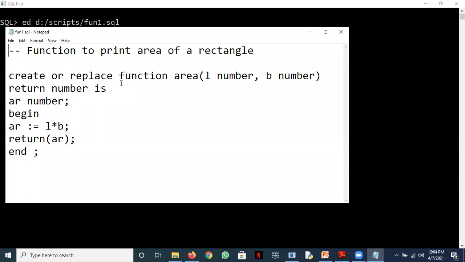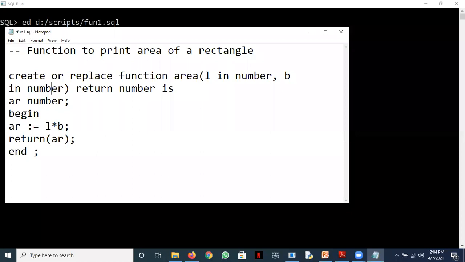So we have a create or replace function. Say the name of the function is area. Two arguments are there. I'll just add something to these. I'll just write here in so that it is clear to you. So whether you write in or not, they are by default of type in. That is the argument mode. I'll discuss out and in out also today.